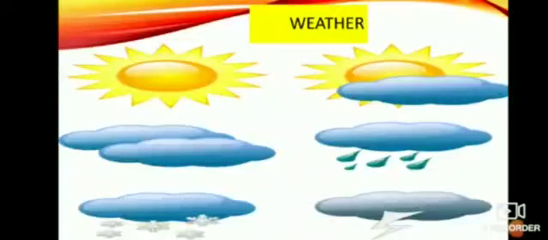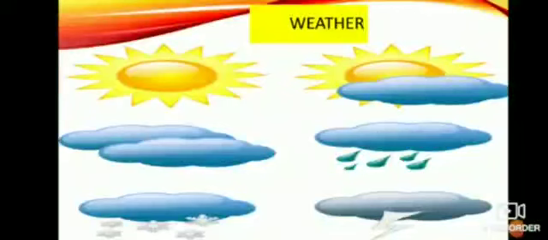Now let us see. Weather. Weather is the state of the atmosphere at any given time and place. It is the mix of events that happens each day in the atmosphere at a place. The state of the atmosphere at a given place may not be stable even during the same day. It may change within a few hours.